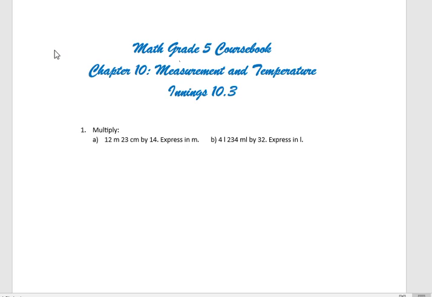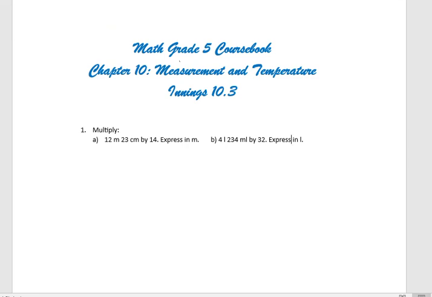In today's video we are going to cover 10.3 chapter Measurements and Temperature, grade 5 mathematics. The very first question is multiply. We have to multiply 12 meters 23 centimeters by 14 and we have to express it in meter form. So when we have to express in meter form, we have to convert